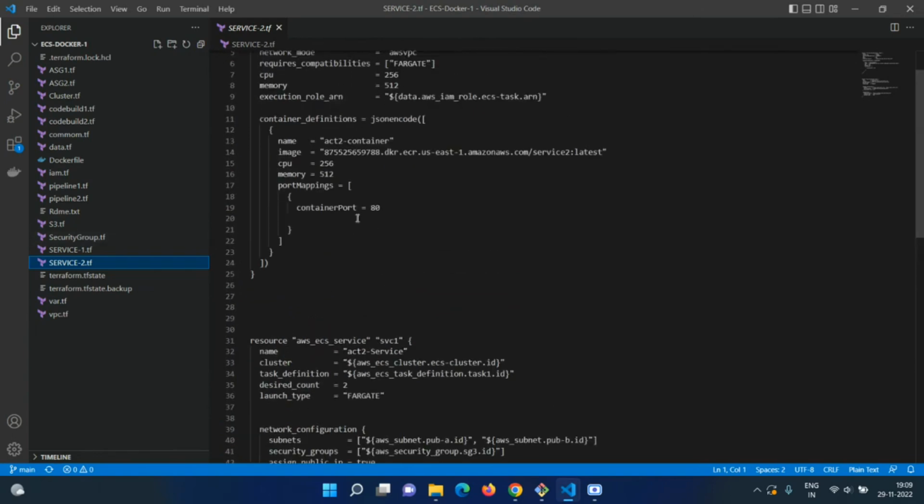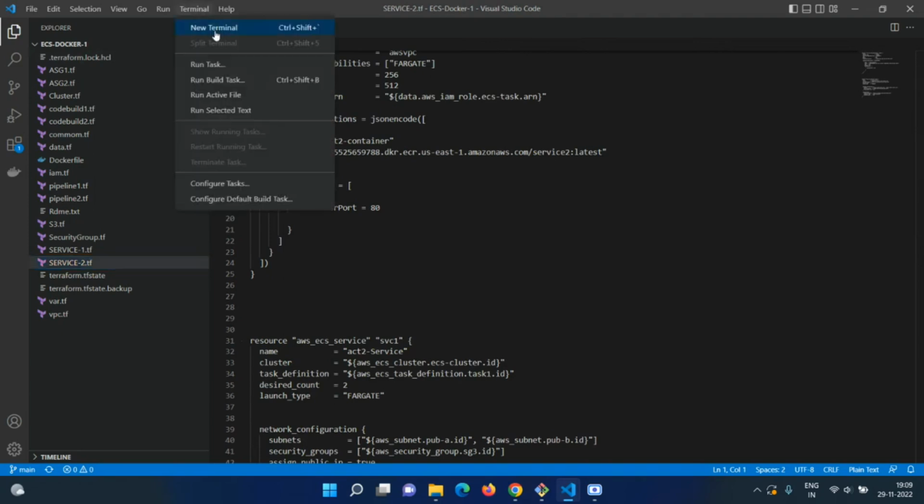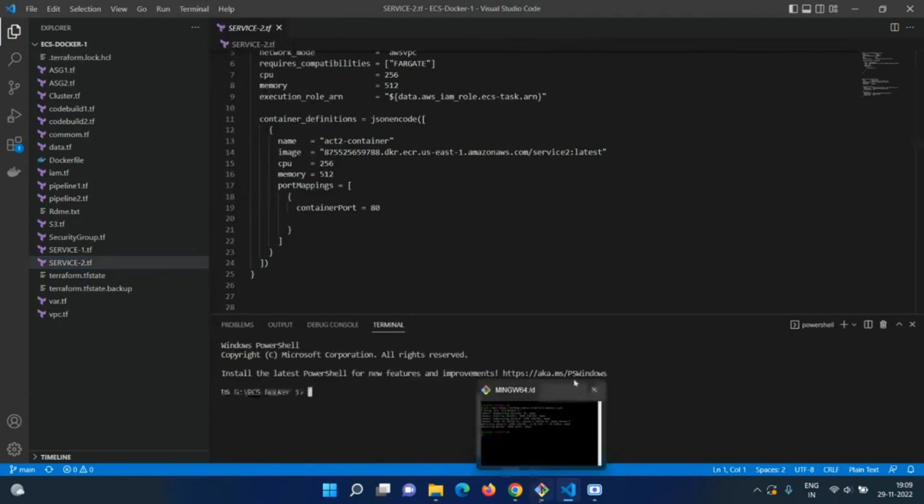And now we write the commands. First we write terraform init, and then terraform plan, and then terraform apply. After all these commands execute successfully,